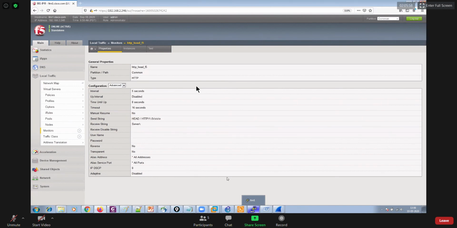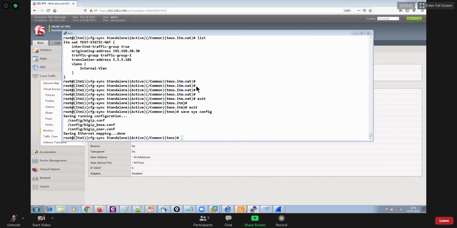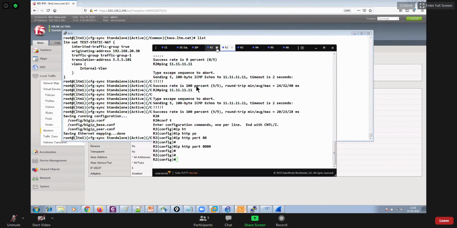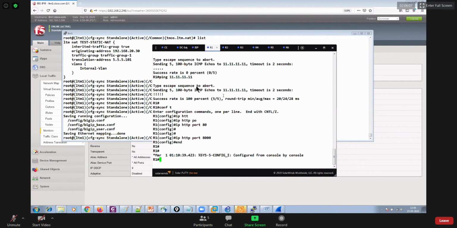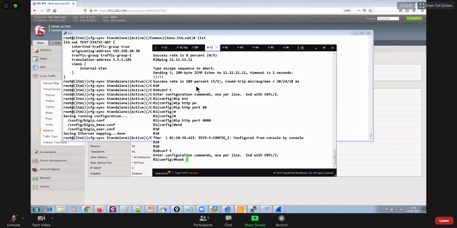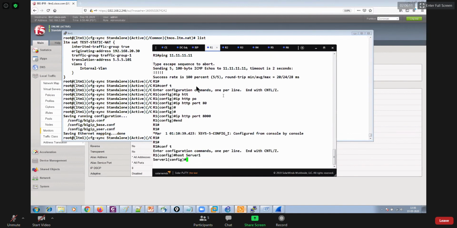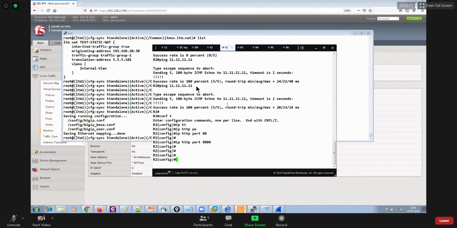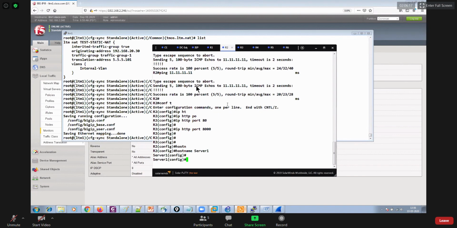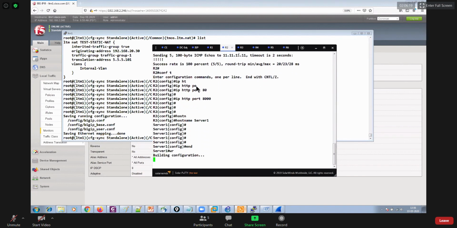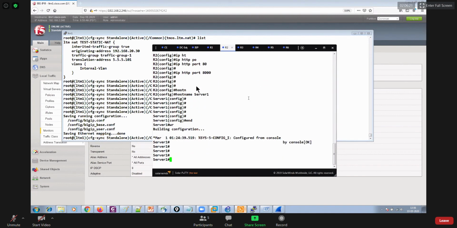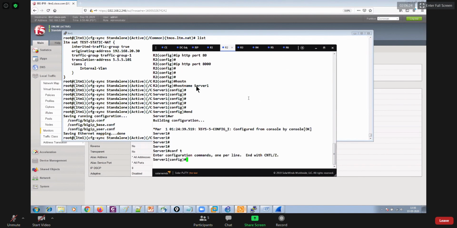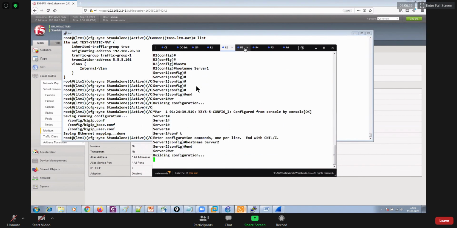Server. But do I have the host name as server? I mean, do I have the server's host name as server? No. So what I will do, let me do one thing here. Host name server one. Thereafter, host name server two.